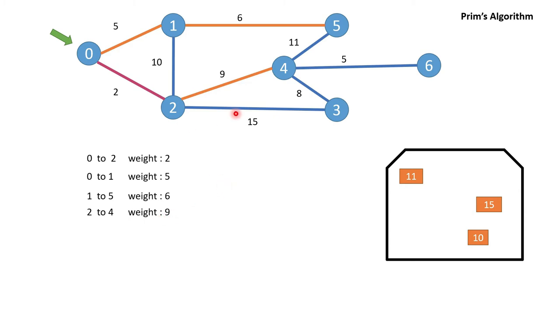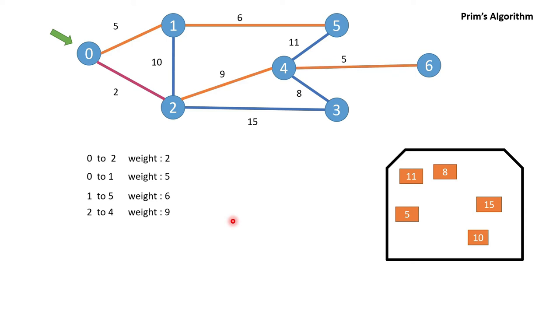Now the new node where we reach is 4. From 4 where can we go? We can go through 11, 5 and 8. As 11 is already included, the new items are 5 and 8. These two edge weights I will put inside the box, 5 and 8. And now I will check what is the minimum among all these. The minimum is 5. So whenever I get the minimum one, what I will do is mark, then delete, then print. That is 5.